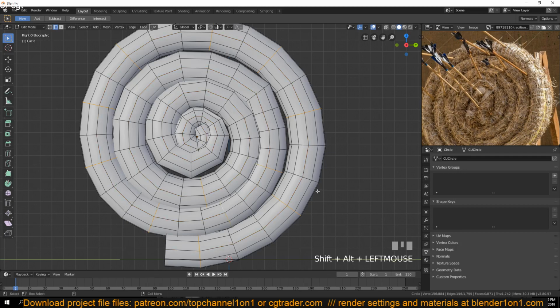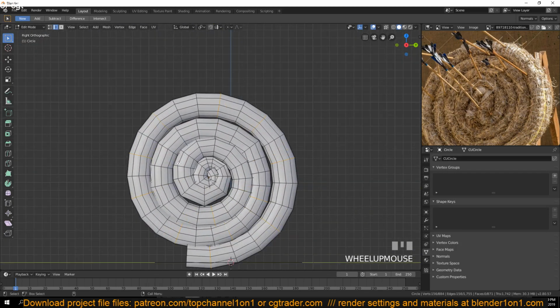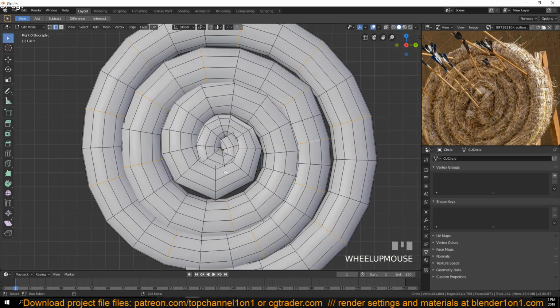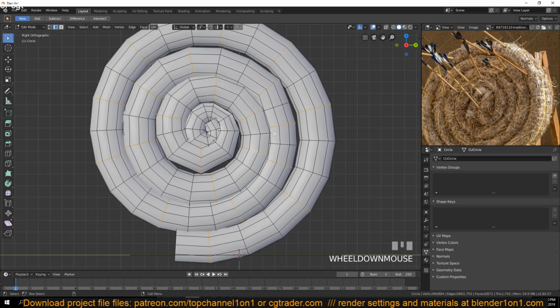Remember, we do have a backup, so in case we make any errors, we can just go back to the backup and make the changes we want there. So again, they don't have to be evenly distributed, and depending on how detailed you want to be, you can choose to have more of those. I want this to be a game asset, so I want to keep the resolution quite low. So I'll just bevel this, Ctrl B, and then use my middle mouse wheel to add a single loop like that,